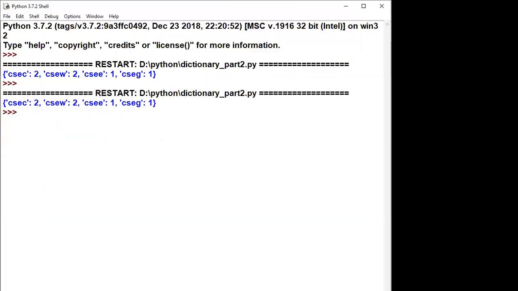The output is the same here also. The if condition is replaced by a single get method.